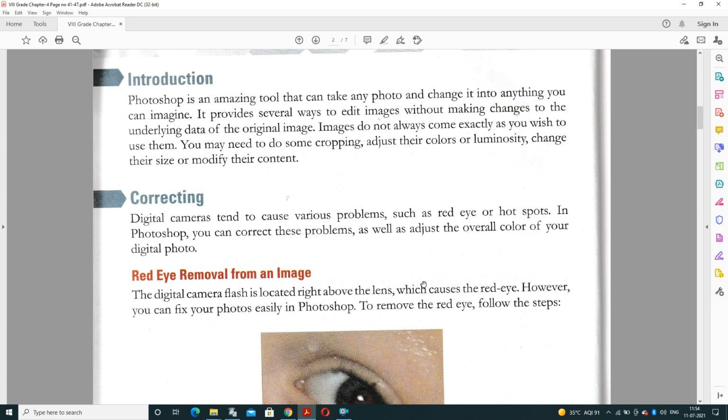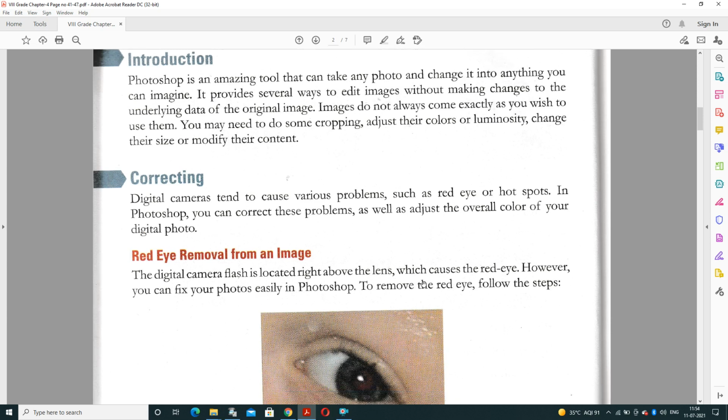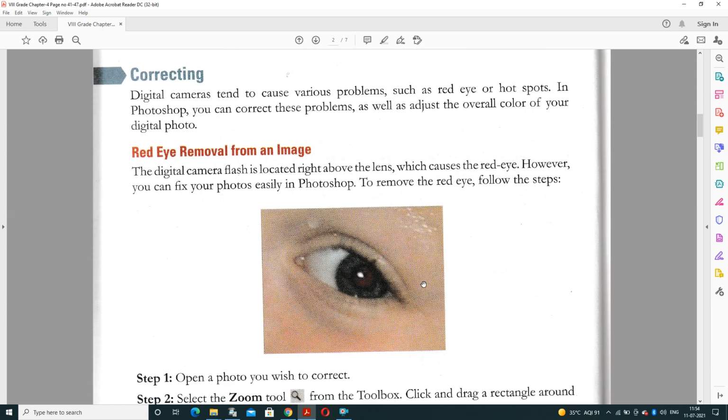you can do the correction in a particular area with the help of Photoshop software. Images do not always come exactly as you wish to use them. You may need to do some cropping, adjust their colors or luminosity, change their size or modify their content. So two concepts are used in this chapter, correcting and retouching. What is the concept of correcting? Digital cameras tend to cause various problems.